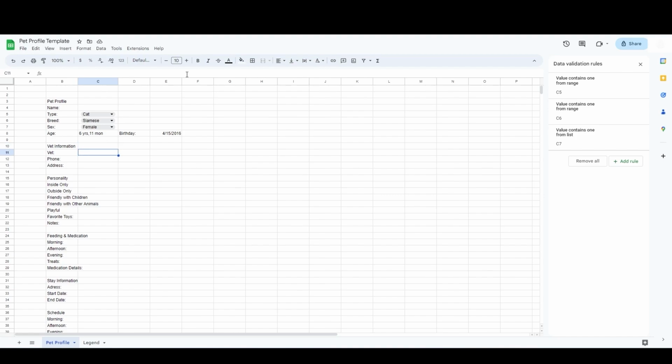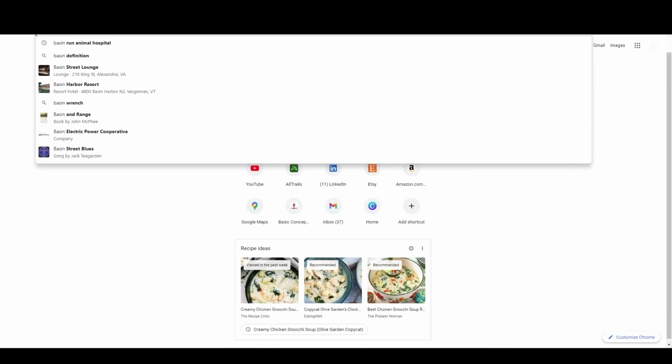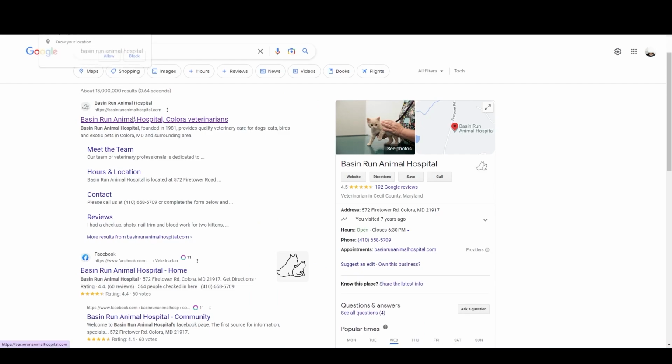Now we're going to move down to the vet information. This is all going to be text information that they can type in, but we are going to do one fun thing and put in a hyperlink. So for this example, let's say they go to the local vet Basin Run Animal Hospital. So we're going to go ahead and put in their information. Then we're going to just do an internet search for them, find their website,